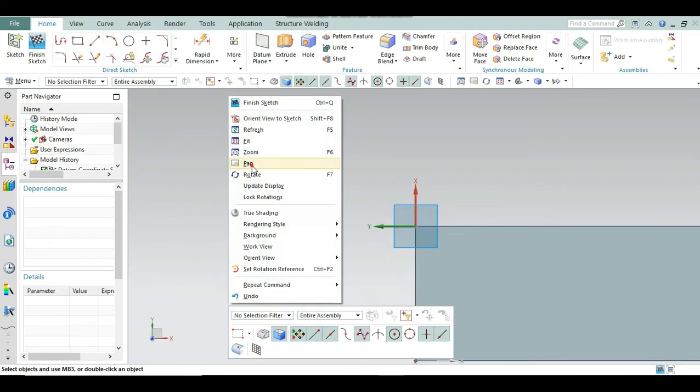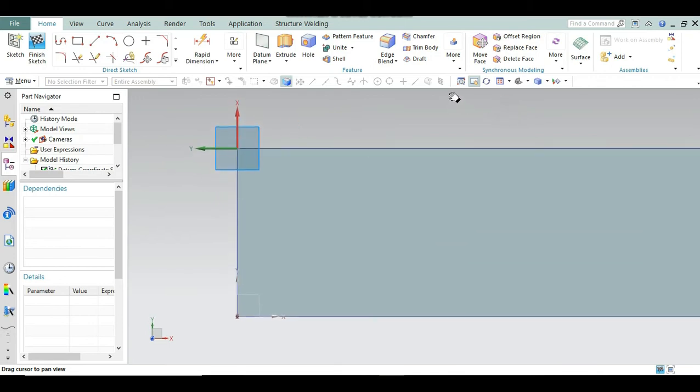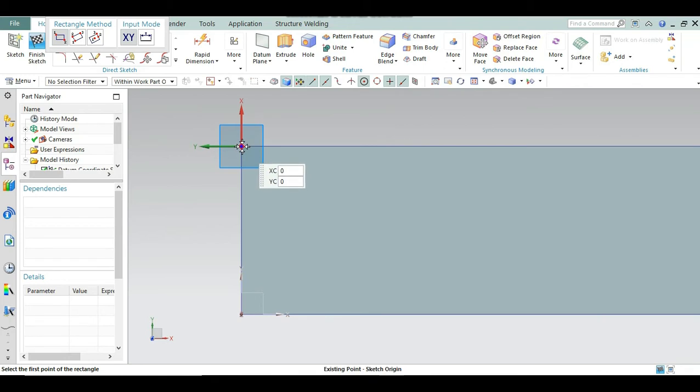Now pan something like this. Zoom. Now we have to make the rectangle again. From here you can make the rectangle of 50 by 50. Now click right button and OK.